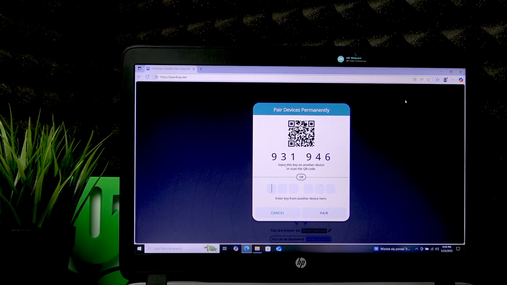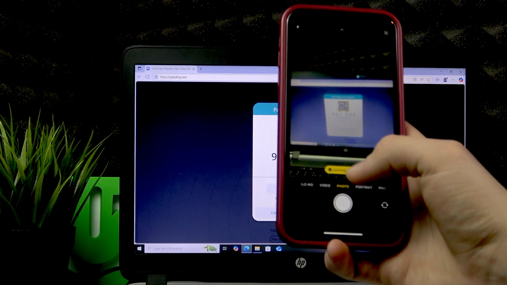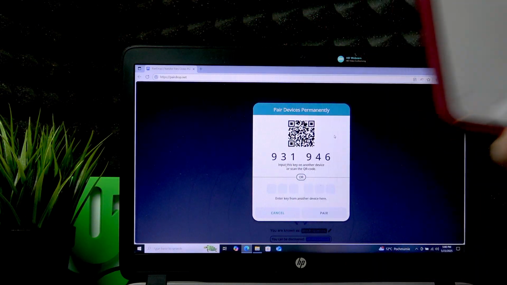And right now you'll either have to open the same page on your phone too and input this code that you can see right here on your phone in this field down below, or you can simply scan the QR code using your phone's camera, which I will do right now. So just scan it, press to connect,